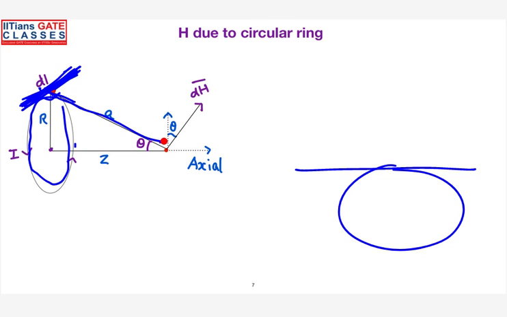And what will be the magnetic field direction? The magnetic field will be perpendicular to the current as well as the radial vector. What does the Biot-Savart law say? The resultant magnetic field should be perpendicular to the current direction as well as the radial direction. The current is pointing outside the plane of the paper, and this is your radial vector. So what will be the other direction then? This one only. When you see this resultant vector, it is perpendicular to the radial vector. Is the first criterion satisfied or not?